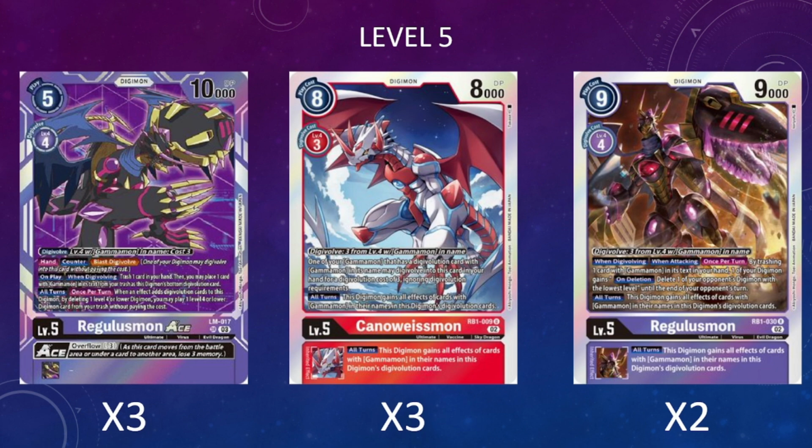And then I'm also going to be running 3 copies of Regulus Ace, so not only is this an Ace Digimon, which comes with the hand counterblast Digivolution effect to Digivolve on the opponent's turn, potentially for free, but he has some more added control to him, where he has a nice on-play and when Digivolving ability to trash 1 card from our hand and place a Gammamon texted card from our trash to the bottom of this Digimon's Digivolution source,